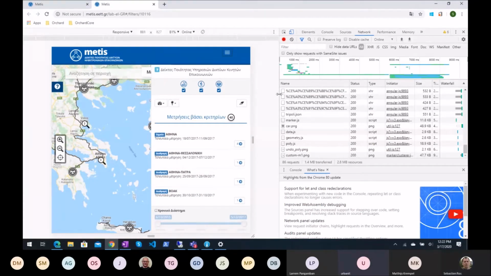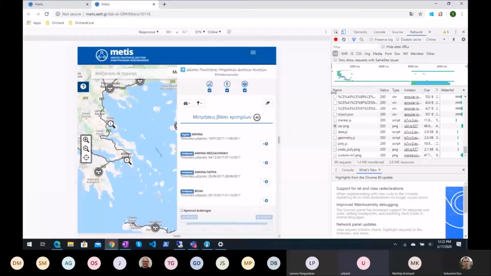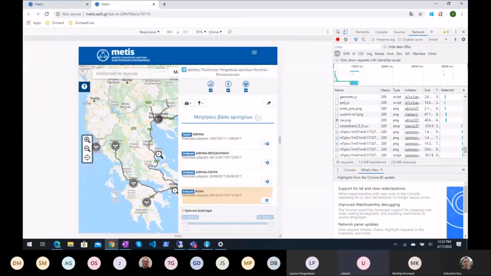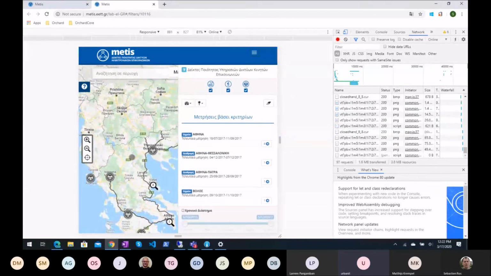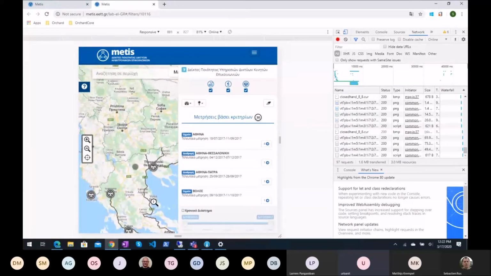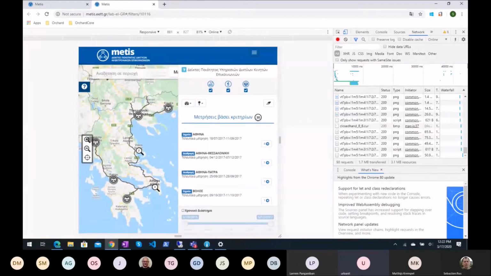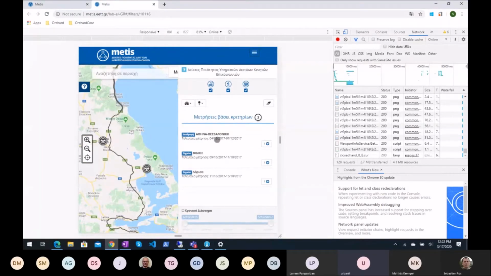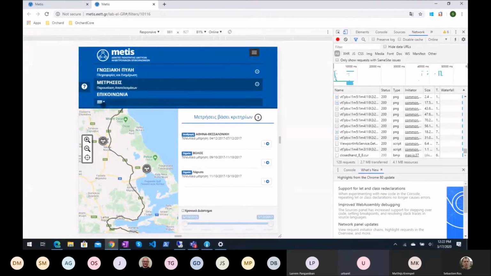Yeah, I think the lobby guys remember the site. They have made some things on this as well. So it's about telecom measurements in Greece by an operator.